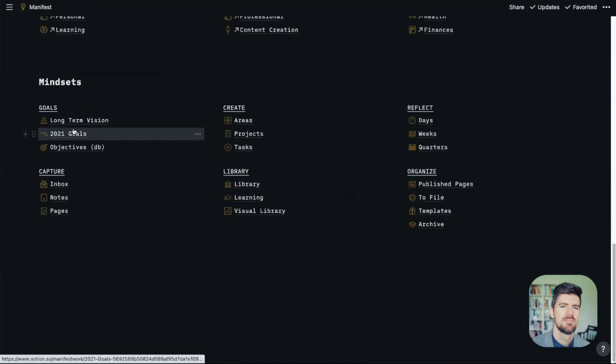So we know that the library contains books, podcasts, resources, courses, and they're all labeled the same way, so it's easy to navigate, even though you're not in the original database.